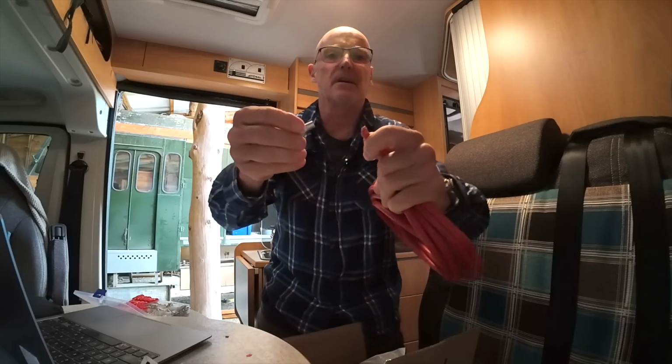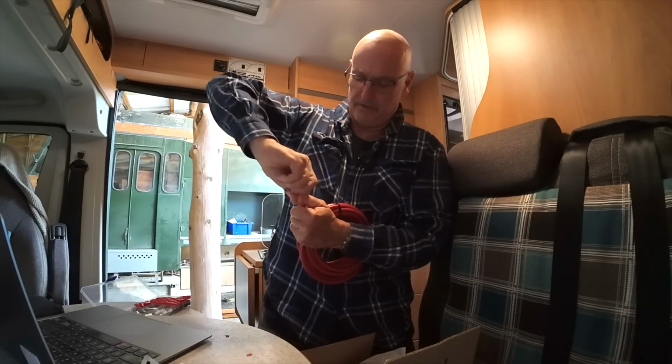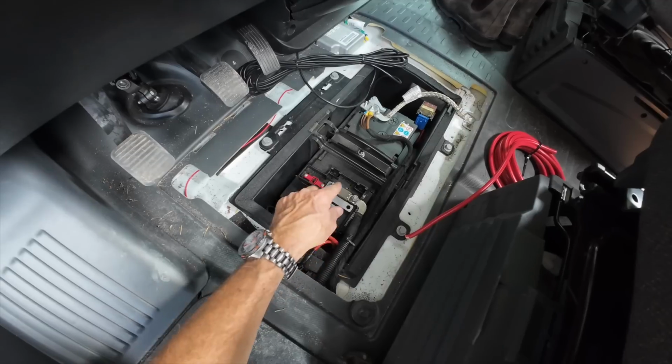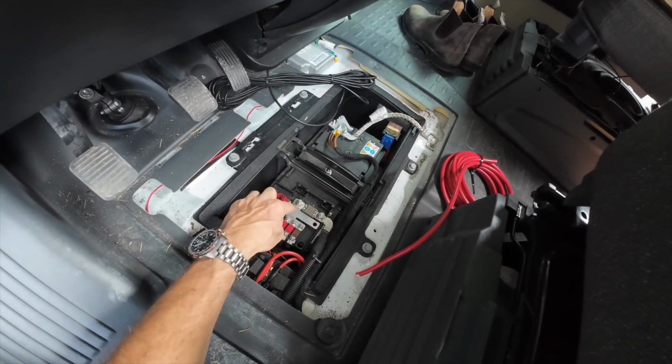Here we go. Oh yeah, perfect. That's great. So the biggest one's going to fit. Okay, so we've got the van outside in the sunlight, so we can actually see better what's going on. I've just ripped the battery cover off. So what we're going to do is put a lug on this end and tee into this